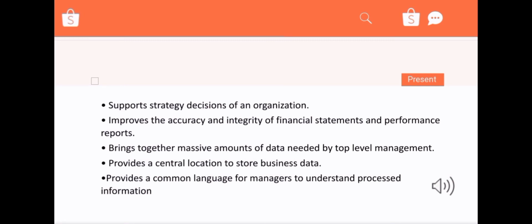Supports strategy decisions of an organization, improves the accuracy and integrity of financial statements and performance reports, brings together massive amounts of data needed by top-level management, provides a central location to store business data, provides a common language for managers to understand process information,